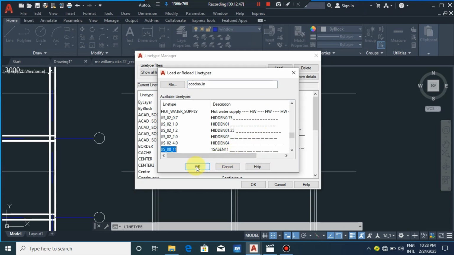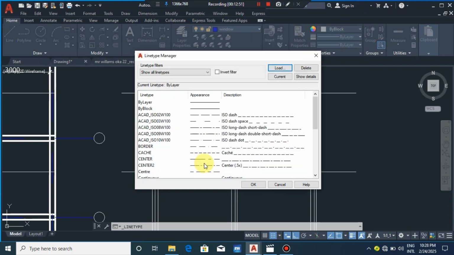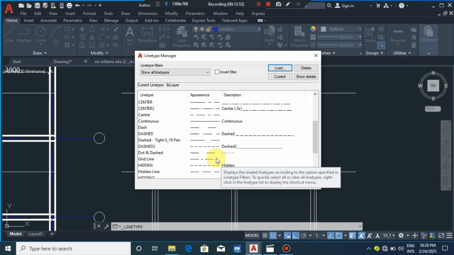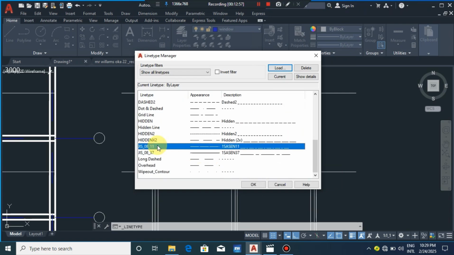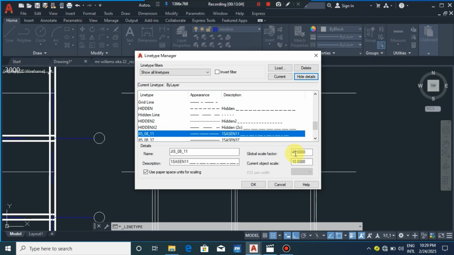Don't forget, this is the name. When you come here, you look for the line's name. Yes, this is it. Then you can come here to show scale. You click on show scale to work on the scale. You can put 50, 30, depending on how you want the scale to be. If you put 50,